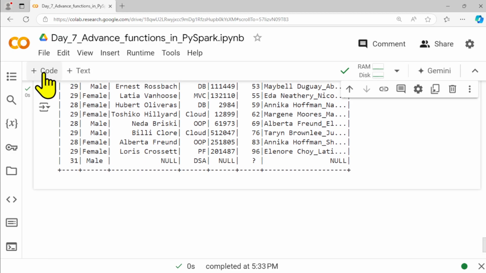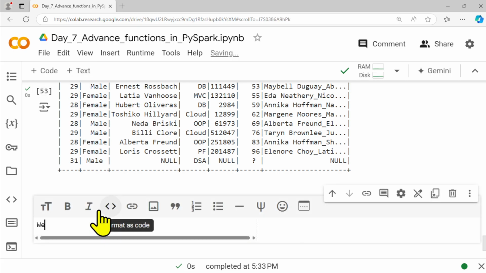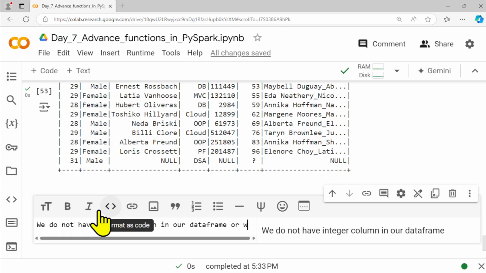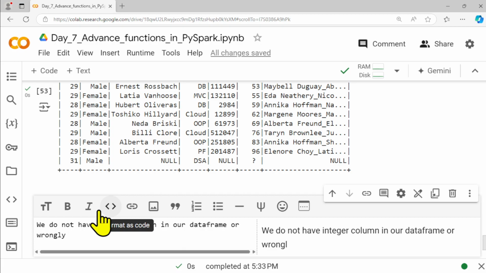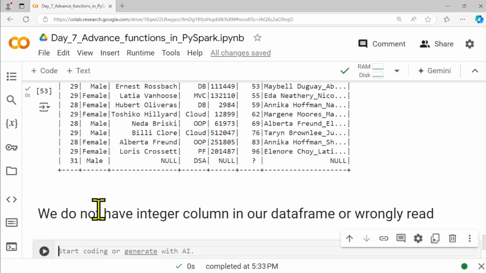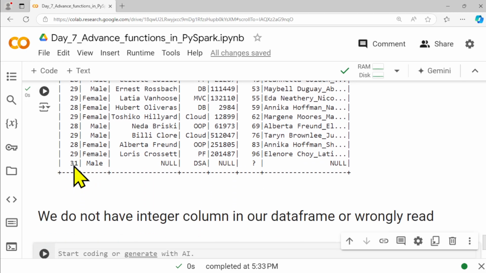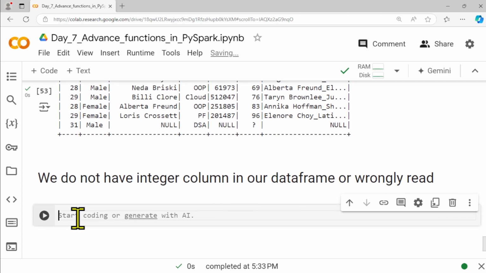Yes. Let's say we do not have an integer column in our data frame or it was wrongly read, रीड गलत किया है, बट वो कॉलम जो है वो इंटीजर है या डबल है, तो वी हैव टू परफॉर्म द टाइप कास्टिंग, या इंपोर्ट करते समय हमने इन्फर स्कीमा नहीं लगाया हुआ है, तो हमें कैसे रनिंग स्टेट में, या हमारा कोड 500 कोड लाइन के आगे चला गया है या 300 लाइन के आगे चला गया है या कहीं और से आ रहा है, तो अब हमें उसे कैसे कन्वर्ट करना है।